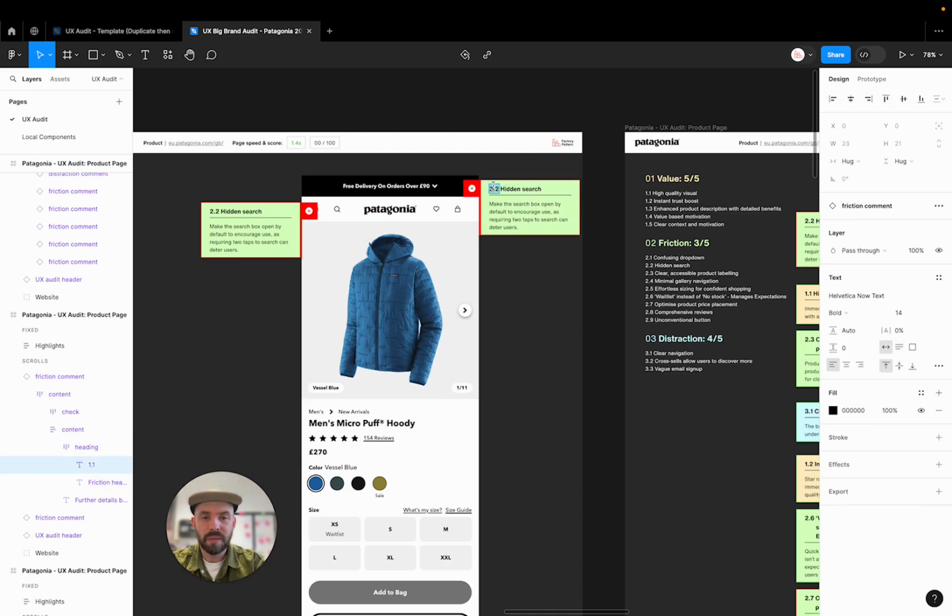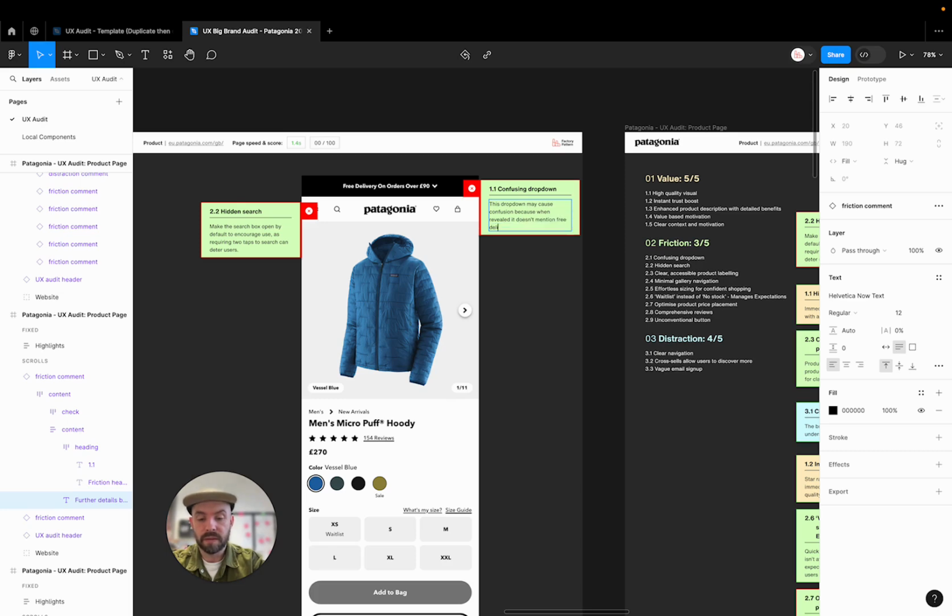When it comes to numbering them, don't worry about that too much at this stage. I'll just run through that after it. The default one just sets start, I think, as 1.1. So if we say confusing drop down, and then this drop down may cause confusion, it doesn't mention